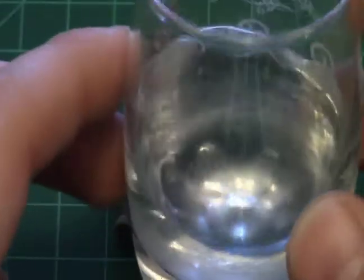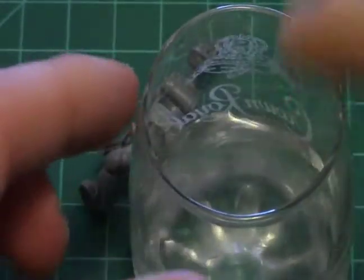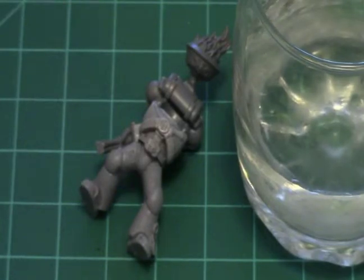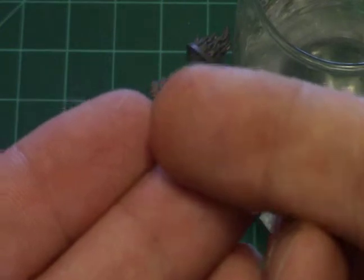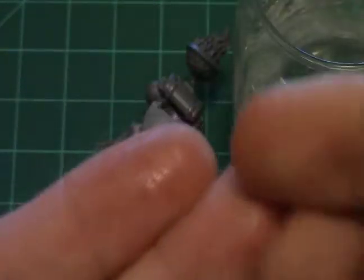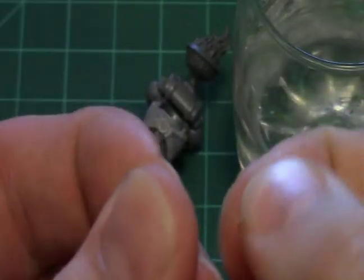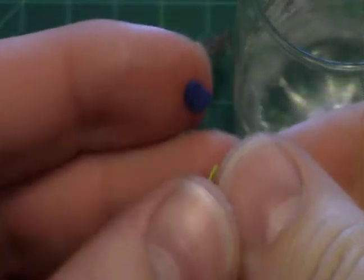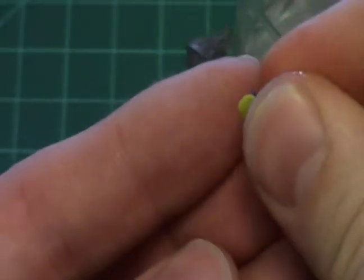Now, you can use anything. This is simply a good height for putting water in. And most importantly, I can put my finger in it, and it's going to be easy to get my finger just a little bit wet, just make sure they're damp, because then you want to pick up both pieces of green stuff, flatten them out, see it's sticking to my finger a bit, just a little bit more water,